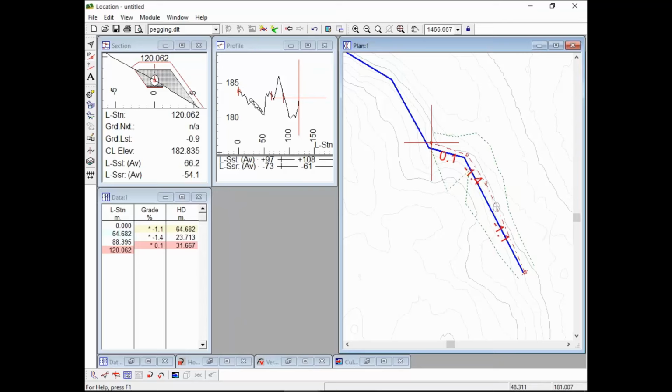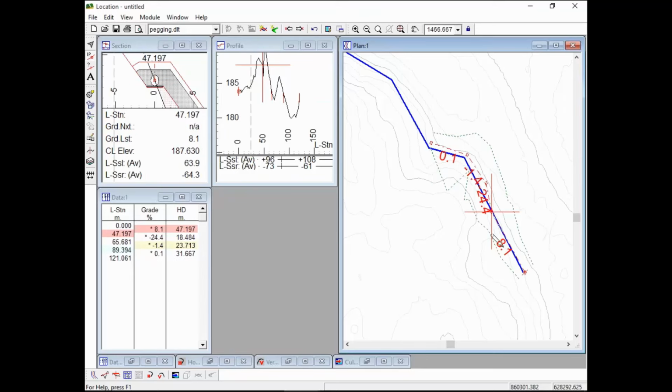So I just hover my cursor over the dip, and I see the shadow cursor moving in the plan. Similarly, if I move around in the plan, you see a shadow line moving in the profile. So it's right about there that I've got that big dip. So I'll just create a new point, move it up, and now I can see that, oops, that's 8%, and that's